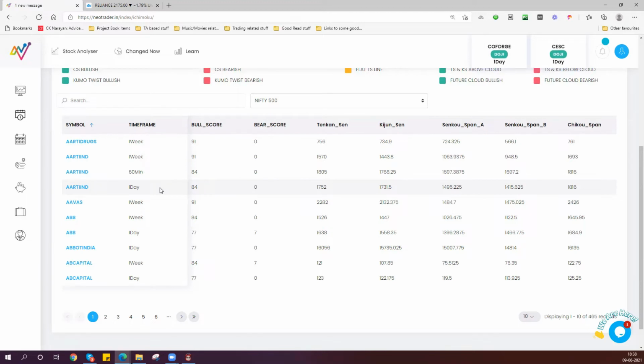When you get a choice between Aarti Industries and ACC, or for example, here itself you take Aarti Industries versus Aavas Financial, or ABB, or About India. About India is only day. AB Capital is day and week. So between About and AB Capital, you should plump for AB Capital because it's bullish in 2 time frames. So is ABB. Now between About India and ABB, then you should plump for ABB because it's in 2 time frames. But if you compare it with Aavas and then you take About, now you see the difference.